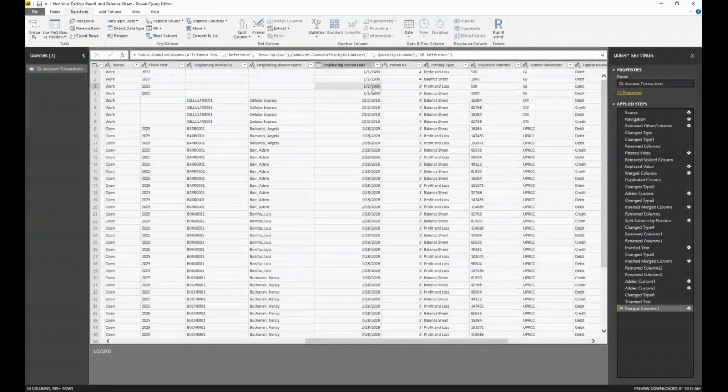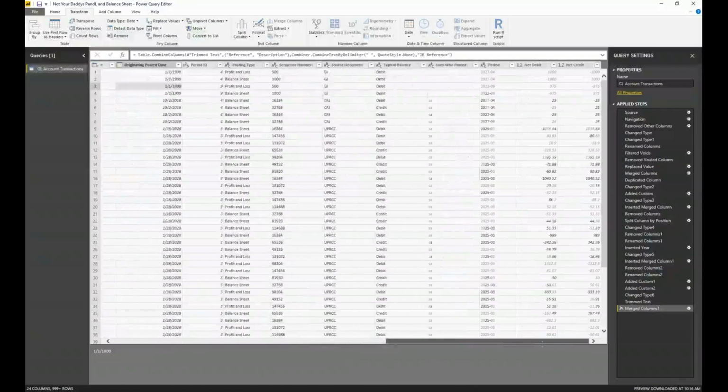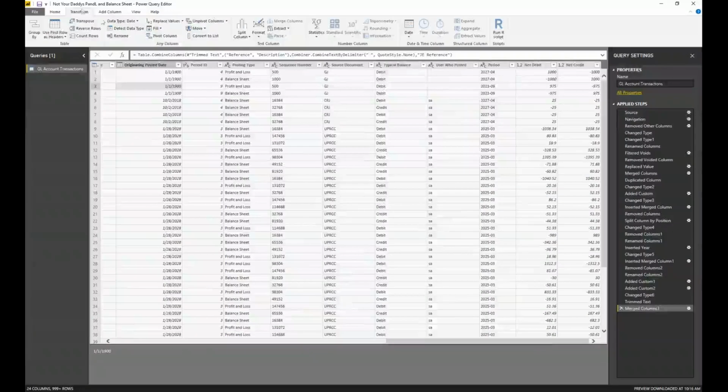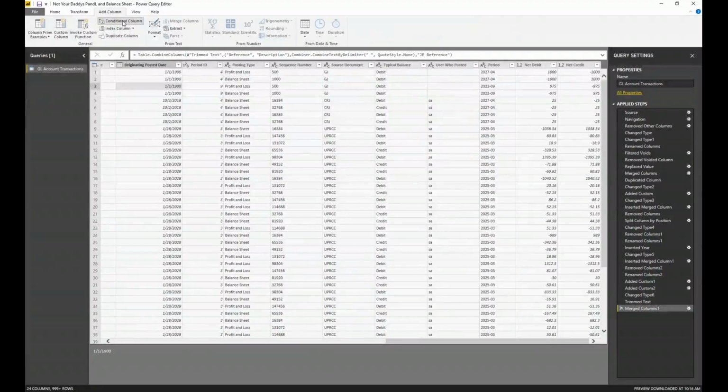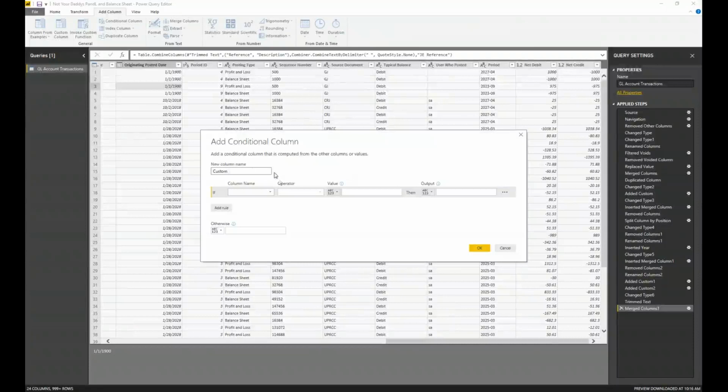So what I'm going to do, I was just going through my notes to make sure. Yeah, okay. So what I'm going to do is create a function or a new conditional column that calculates that. So under add column, I'm going to choose conditional. And what I'll do, I'm going to call this posted date posted on, or posted on date.